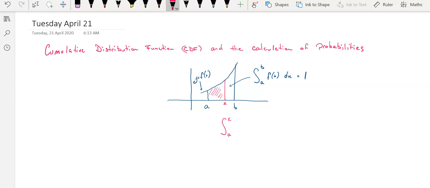Capital F is the symbol of a cumulative distribution function, and X is our random variable. So the cumulative distribution function for X being less than or equal to this value of x is equal to the integral between x and a of